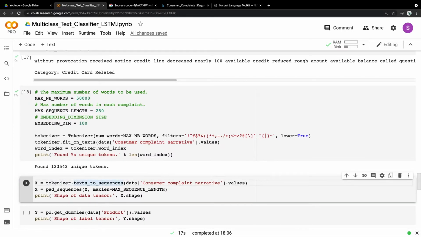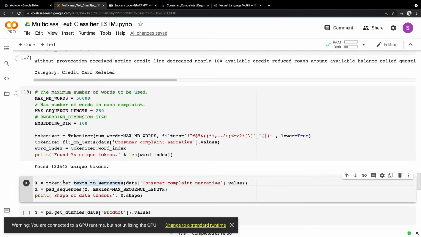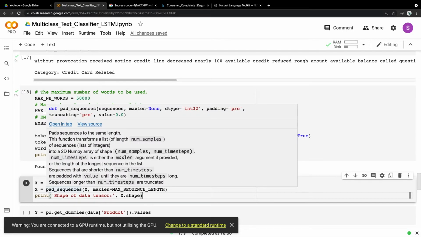Now we will be converting the text to sequences. We'll be passing this column and tokenizing each and every text to sequences, and we will make sure that the max length doesn't exceed 250, and we'll be padding the sequence where there is no value present.